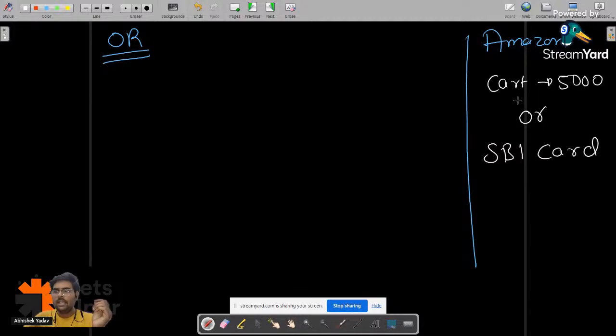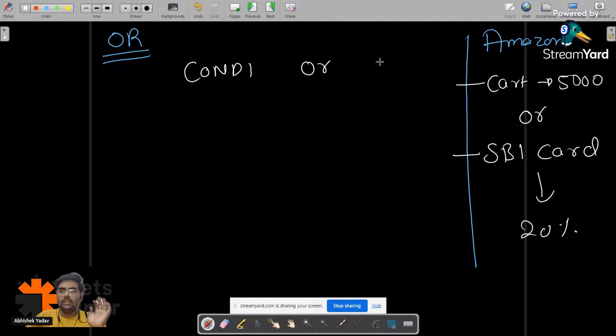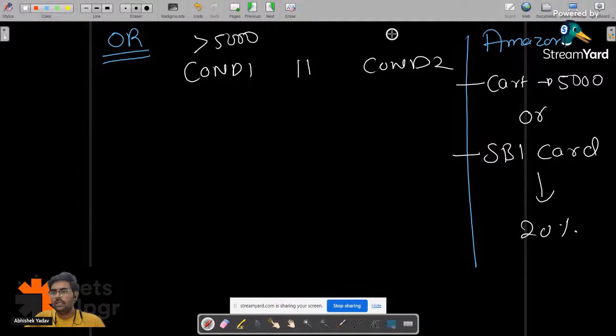If you have either of these, you will get a 20% discount. Simple. You have condition 1 or condition 2. Here you have to use this operator, and condition 1 is greater than 5000 rupees, and condition 2 is